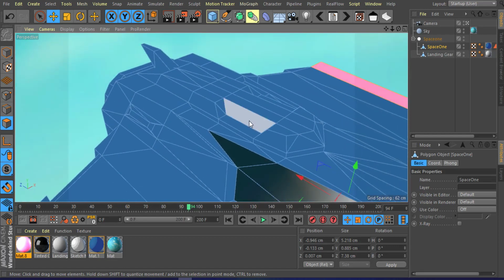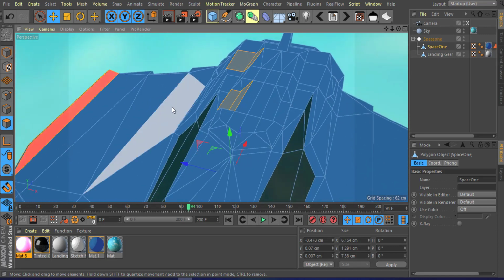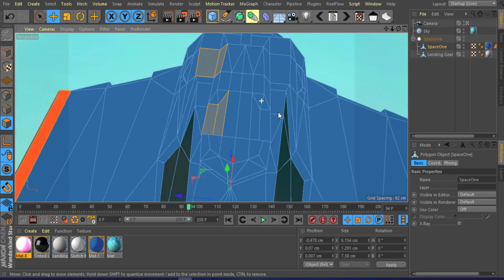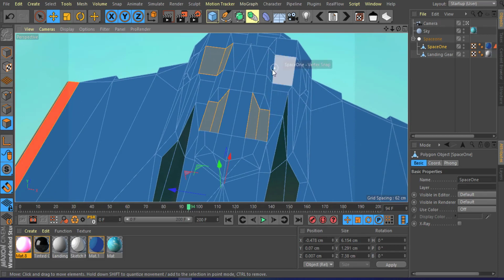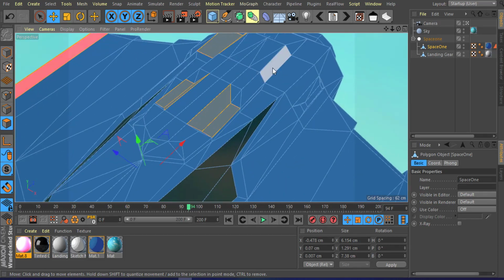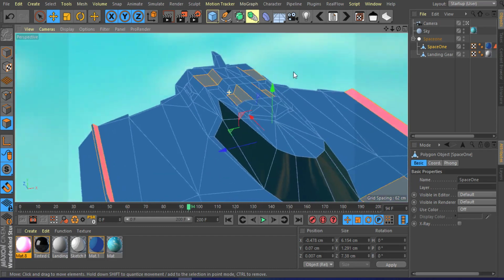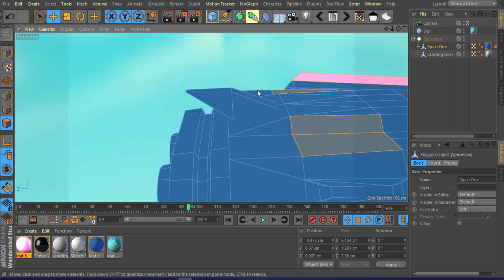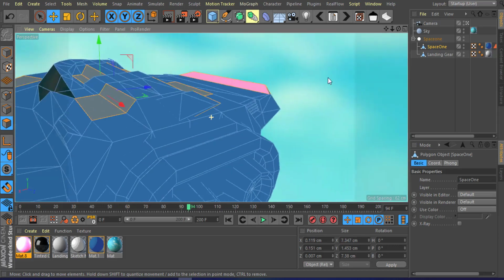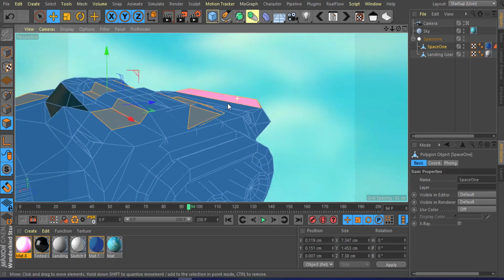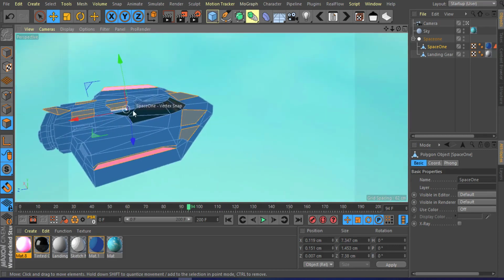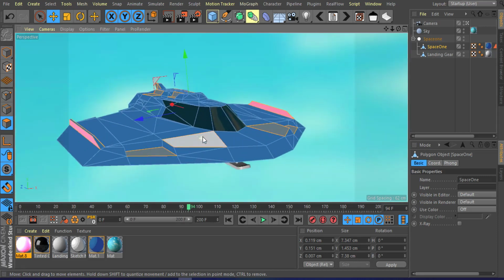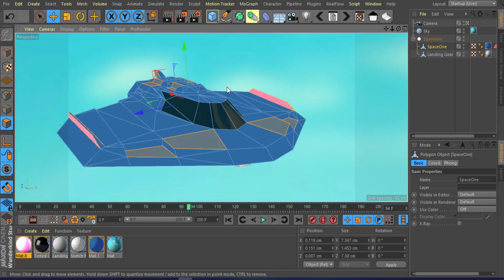Select here, hold shift again to select more than one polygon, and I can select here too. So now I have all my places selected. Okay, now maybe select down here too, and here. And select here too with this part. You can hold control to deselect a selected polygon. Okay, so now when I have all my polygons selected,